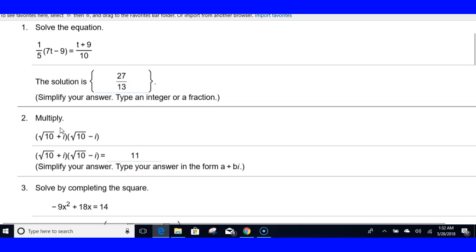For number 2, again, the question is going to be very similar in the test with the practice test. So if you got 10 here, 10 here, you might get 13, 13, 11, 11. But the answer will be that 11 they have here as an answer, it will be 1 more. Just add 1 to that number and you get to 11. There's nothing to do. If you use the FOIL method, and then you FOIL it, you're always going to end up with whatever the number he has here plus 1. He put 9, the answer will be 10. He put 20, the answer will be 21. So just add 1 to it, and that's how you get the answer for